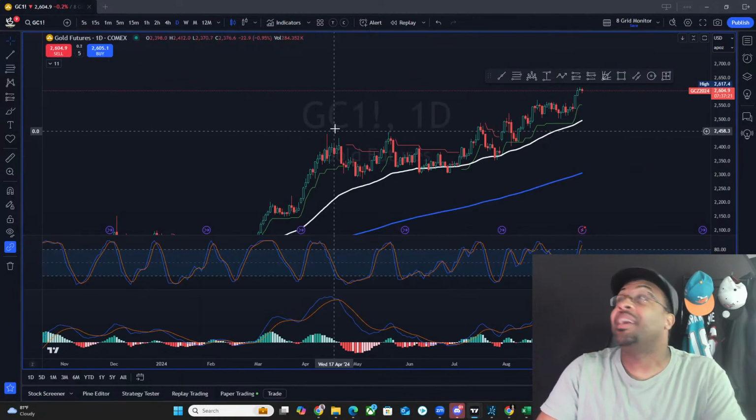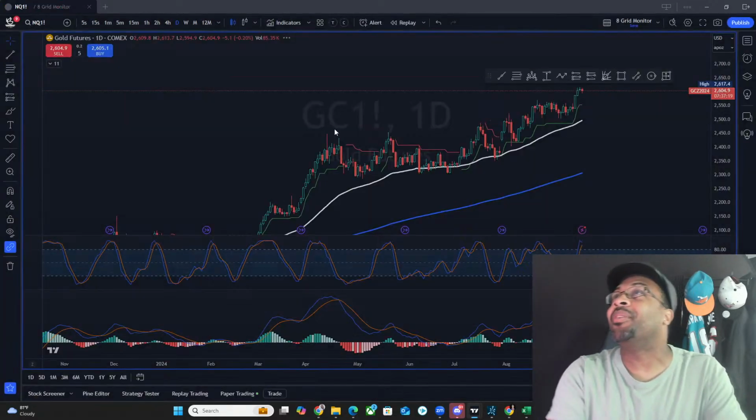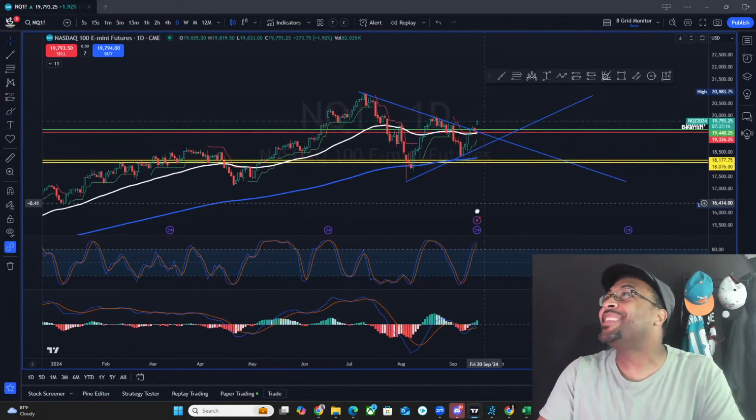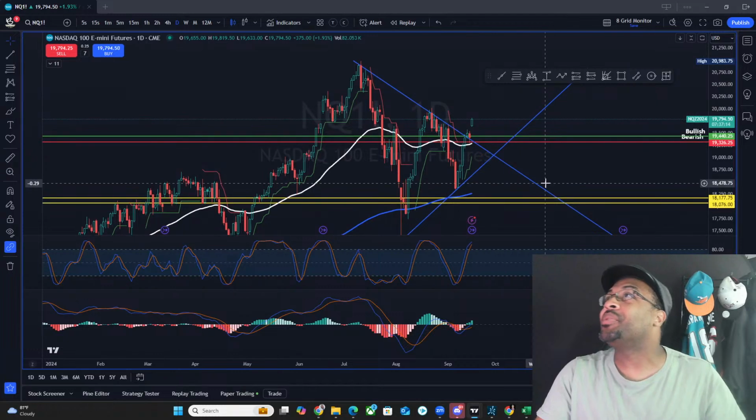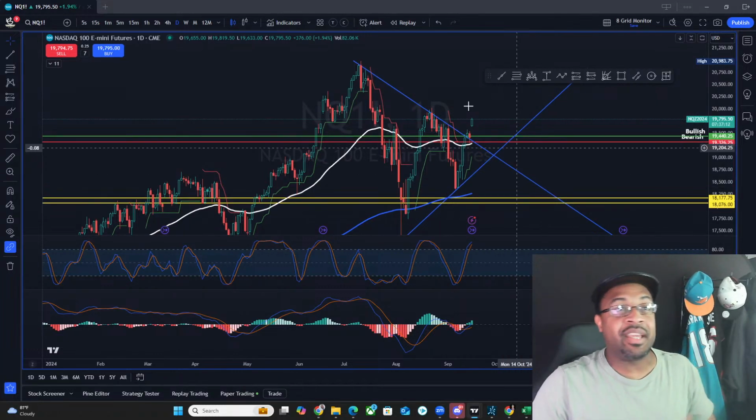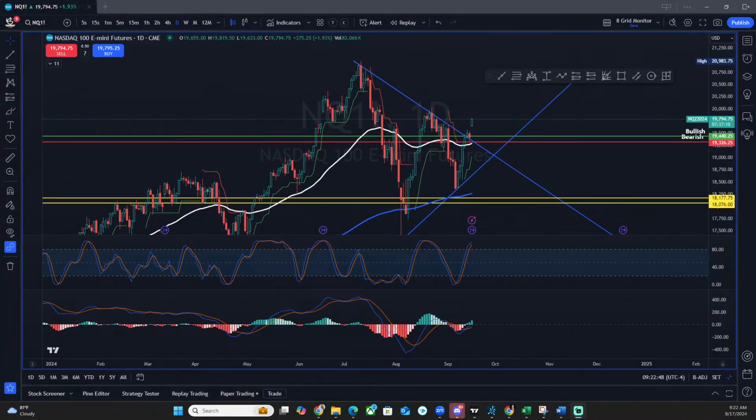You know what? That's why I did this a little wrong. So that was gold, but let's go ahead and go into NQ. NQ was inside of a wedge, and you can see right there it started breaking out of the wedge and pushing up to the upside. The way this chart is looking, it looks like we're going to get ourselves a W type of action, especially with the stochastic where it is.